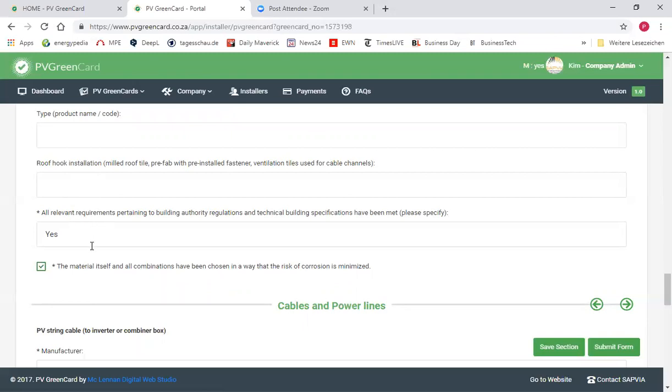state the product name of the roof hook, and also the specific installation details for the roof hook. However, what you are again required to do is to state that all relevant requirements pertaining to building authority regulations and technical building specifications have been met, and you are asked to specify. As you can see, I haven't specified them here. As you might have heard, I'm not South African, so I don't know all the building authority regulations in the country, but I can only recommend you that if you also don't know them, consult a specialist who does, because